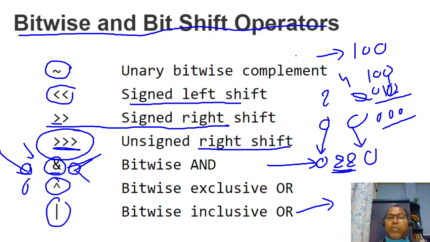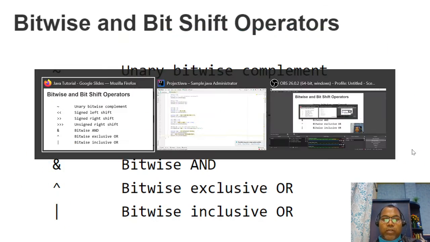If y is the bitwise OR, let's say we have a 4 and we have a 2, this is the 2, and then if you apply the OR operator, say 0 1 0, 1 0 1, 1 0 1, anyone true, then it returns true. So they are working as bitwise bit operations. Okay, let's look at an example as well.